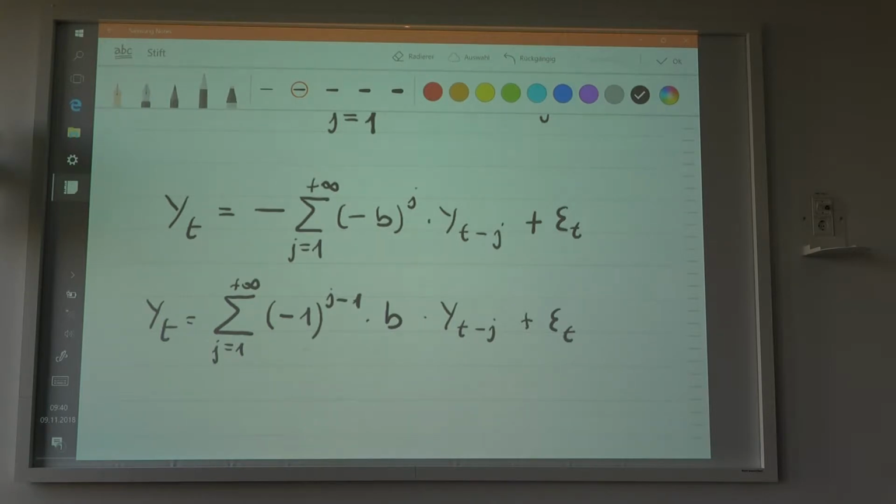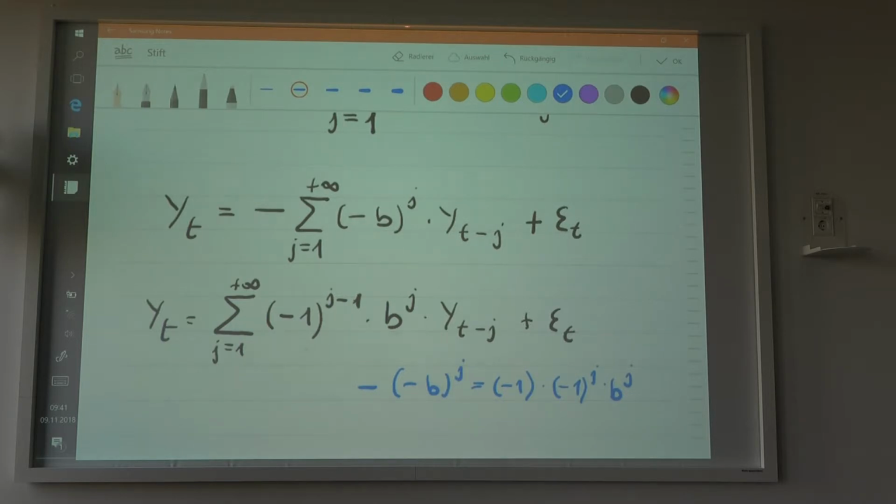Okay, so do you still have power on b? No, but the b to the power of j, yes. So you have j here, but you can take out the coefficient here, which is going to be negative. Of course, guys, I think you might struggle here. So minus negative b to the power of j is basically equal to -1 times -1 to the power of j times b to the power of j. So that's where it's coming from.